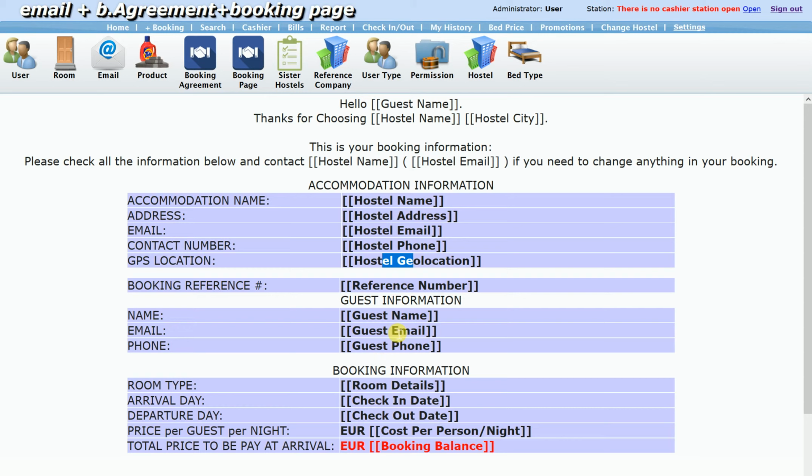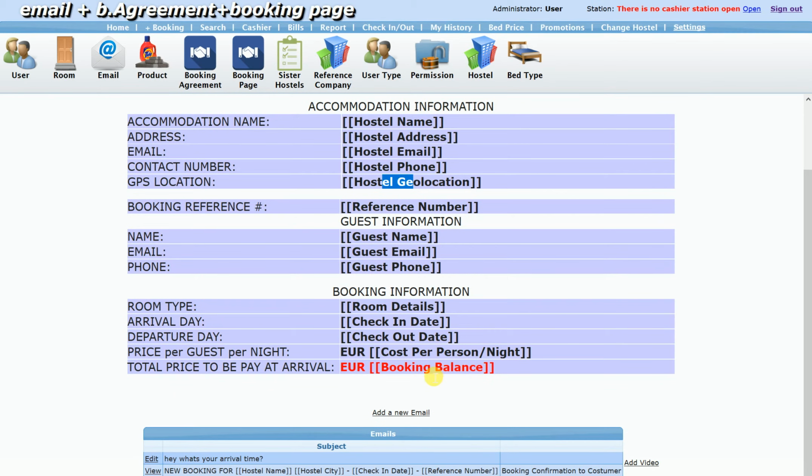This is his name, his email, his booking information, the booking room, price per person per night, and so on. What he has to pay when he arrives. Basic information. If you want to add anything else in here,